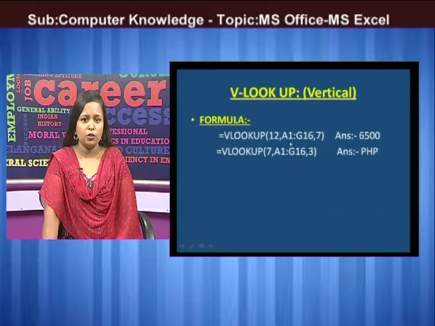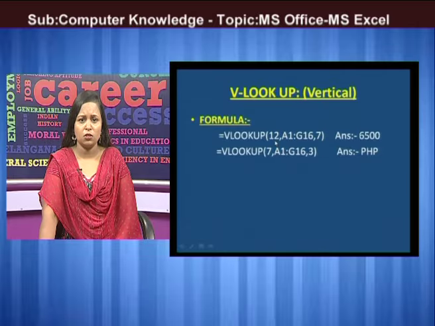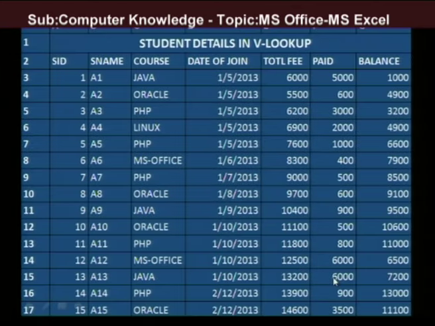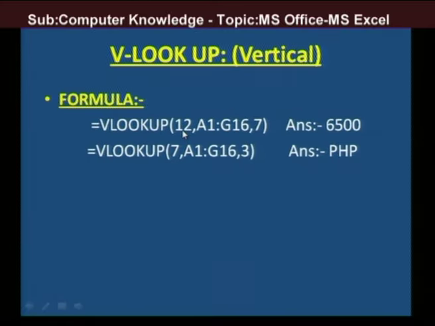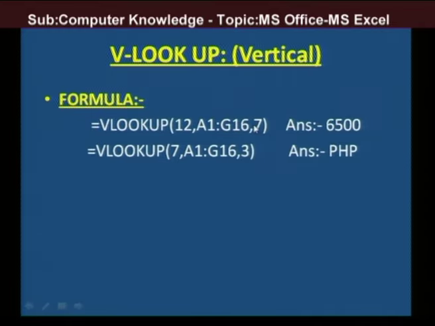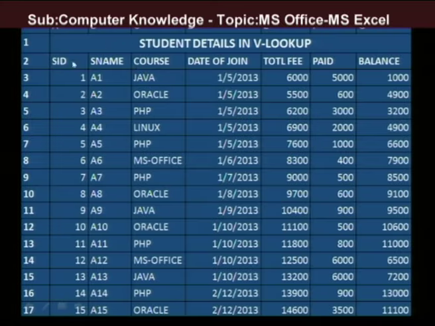12, A2 to G16, that is the total table range starts with A2, ends with G17. This is the table range. 12 is the vertical number, 12 here. And 7, 7 is the column, 1, 2, 3, 4, 5, 6, 7. Balance amount we have to